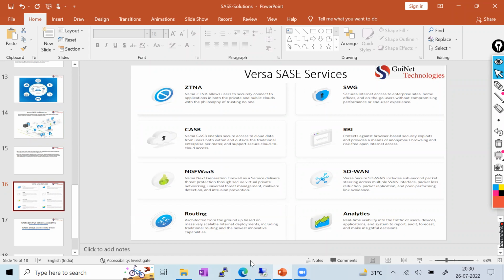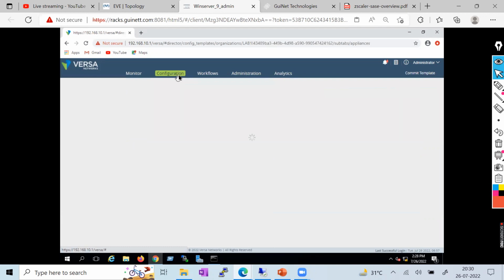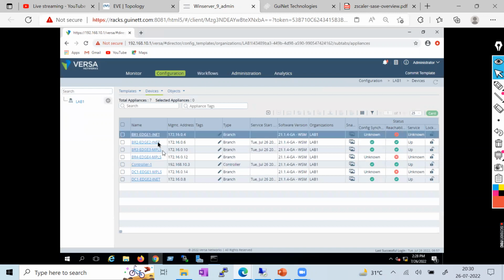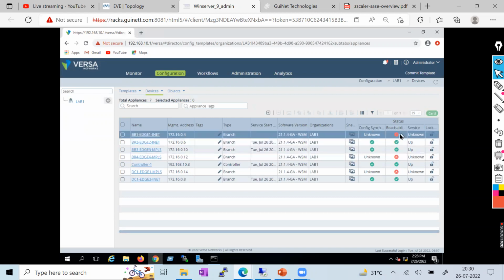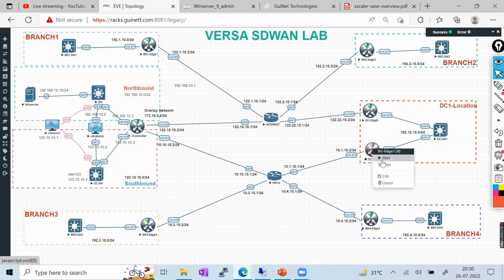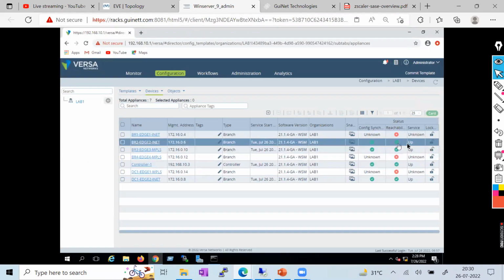We have analytics. You can see in the Versa SD-WAN, we have this analytics module, where we can see how my sites are doing, how many sites have critical alarms, and which sites I have defined here. In my SASE fabric, I have multiple sites, different branches, and right now all branches are showing up and working. Some have alarms, so you can see unreachable. Some branches are unreachable, might be they are up, or this one is down. Maybe the region is down, or some have issues, but some of the branches are up and working, serving the network.